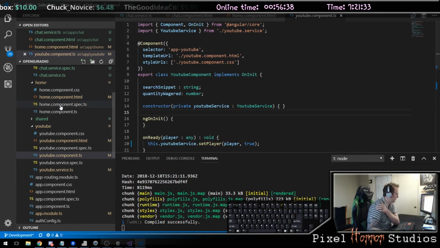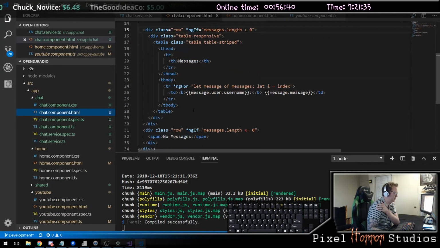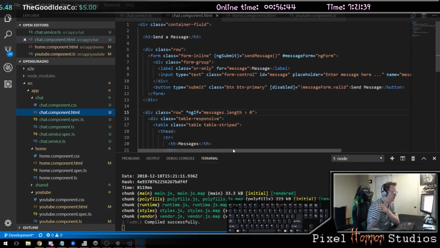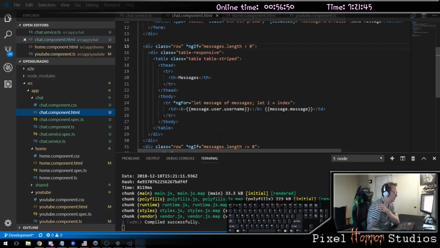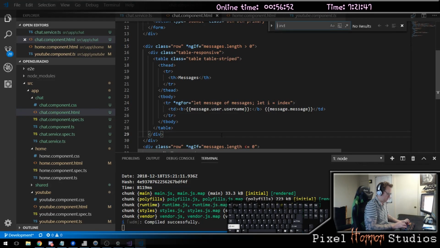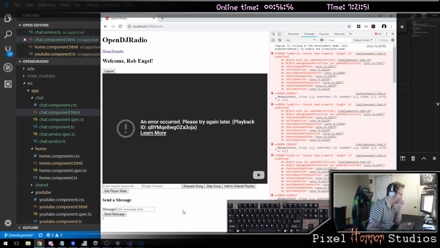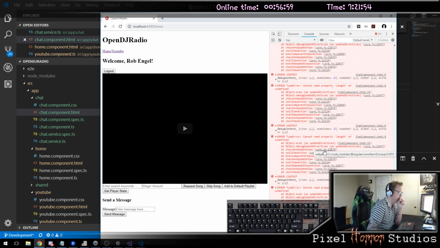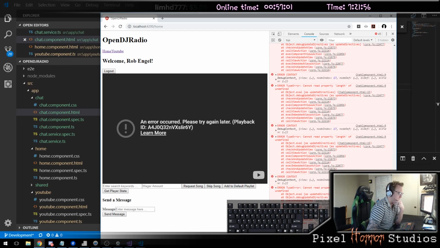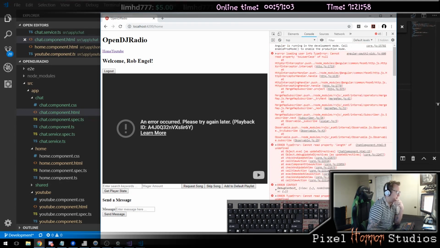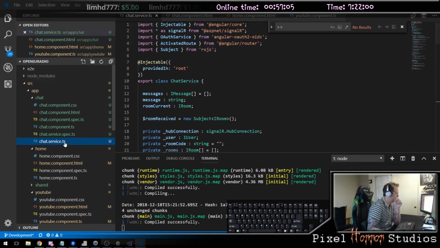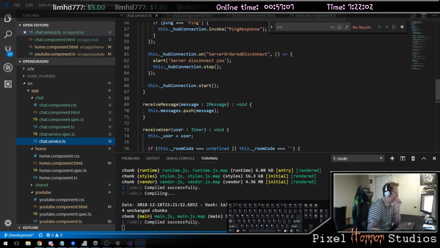If I look at the chat component, it looks like I've got an additional. And now this is probably trying to start my hub. So if I just turned off the hub for now,